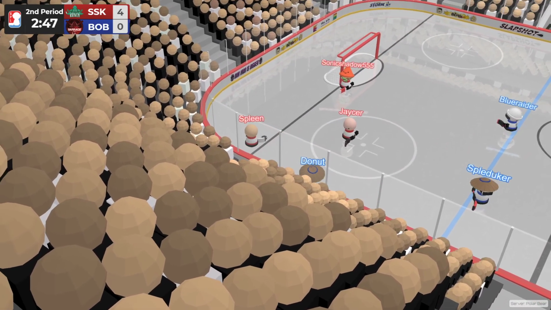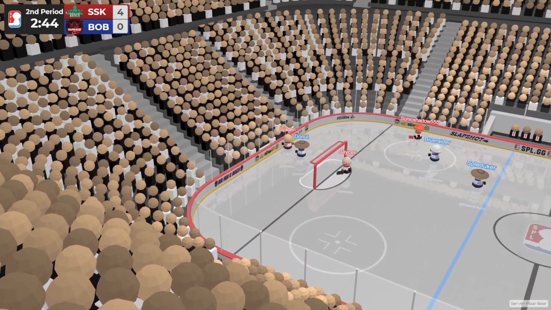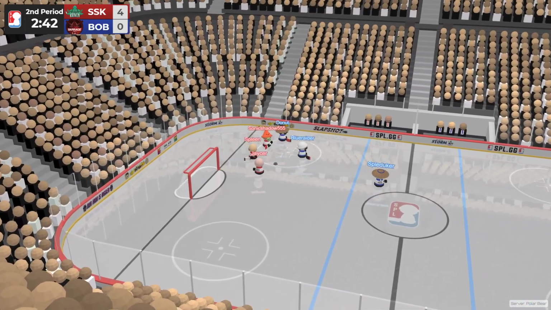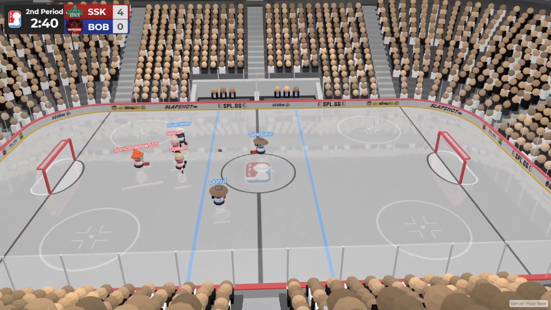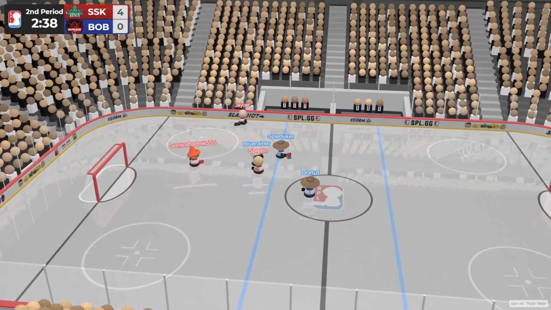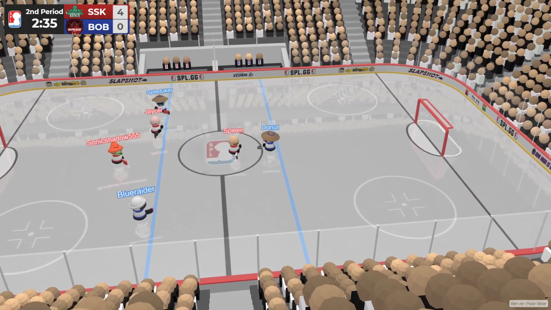Bring it up the boards. Donut is there. Spleen comes away with it once again, trying to pass up to Sonic Shadow. Doesn't quite work. Jacer's shot blocked by Splitooker. He gives it back to Donut. Donut